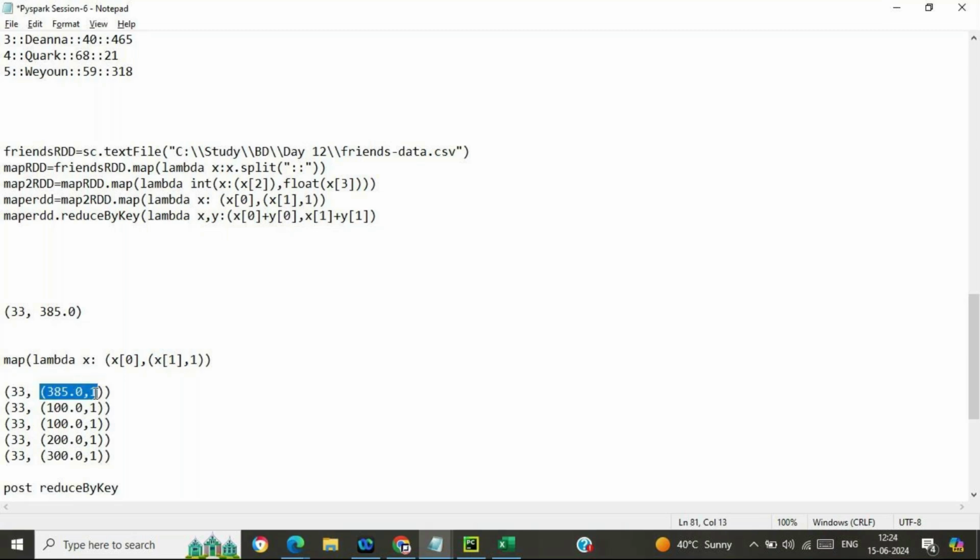If the value is single, then we mention x plus y. But over here we have values with two indexes: x of 0 and y of 0, x of 1 and y of 1. Or you can think in this particular way.